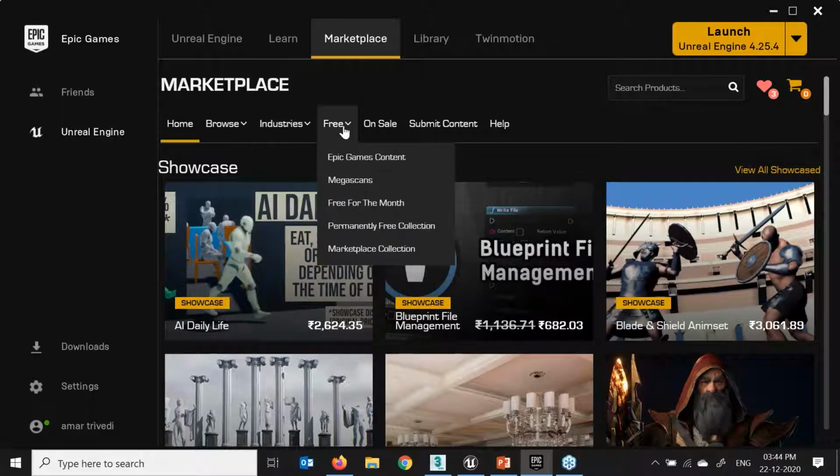When we talk about free content, here we have the Epic Games Contest and Megascans, which I will show you. Megascans is the Quixel software where we can easily import more than 14,000 ready-made 3D products into our games. That is also free. I would like to inform you that Megascans free products can be used only in Unreal. If you want to use them in any other 3D software, then we have to buy a license. But for Unreal, it is totally free.